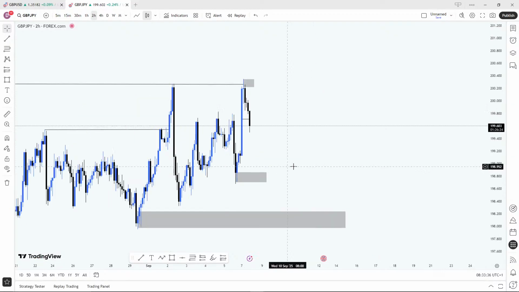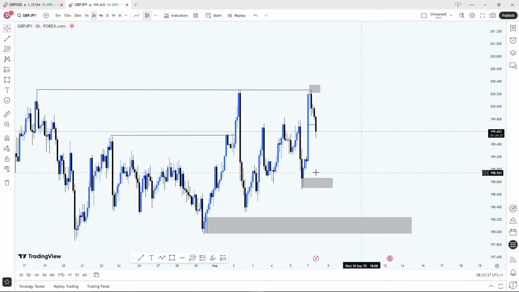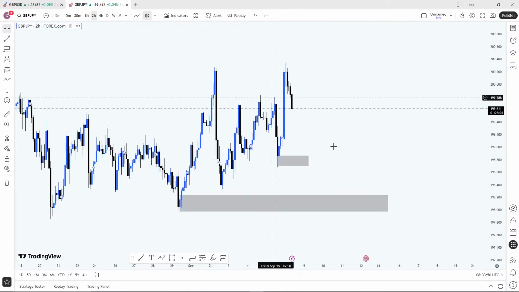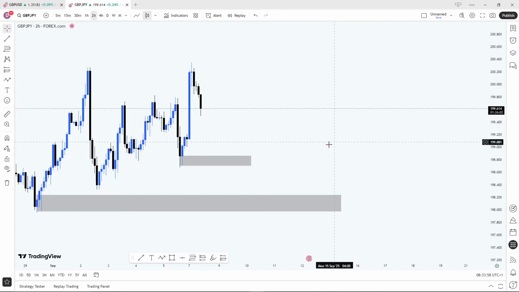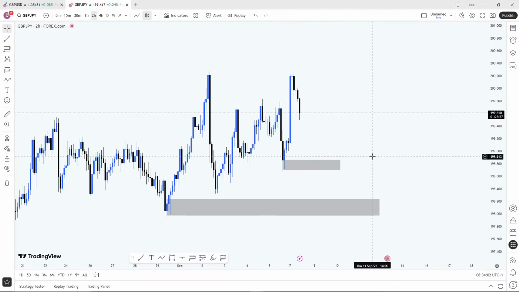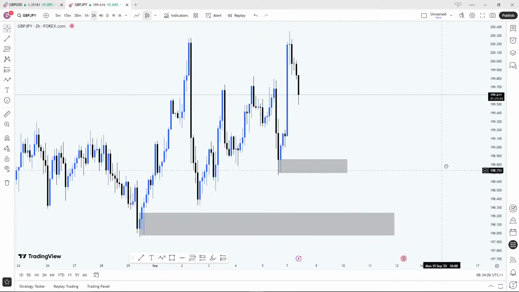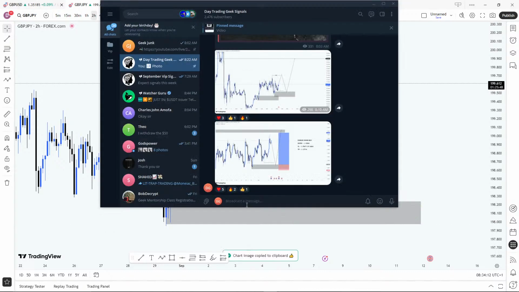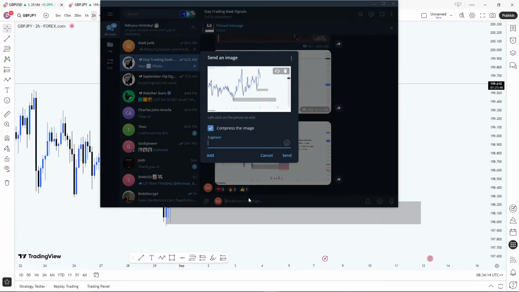So we have two POI in place. If it creates liquidity on coming down, we'll take our buy from here. If not, we just watch out for this extreme zone. So these are the two zones we are watching out for, these two POIs right here. This is gonna be like a bias for the week, what we are expecting for the week, right?